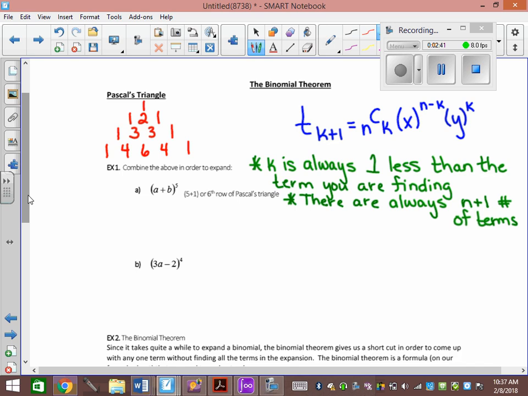They also tell you in order to use that formula, that blue formula, it will say in the expansion of x plus y to the n written in descending powers of x, the general term is this. So it has to be in the form x plus y to the n. It tells you that. Okay? Then we can use that formula. So this is going to be x, this is going to be y, this is going to be n. So I know x equals a, y equals b,